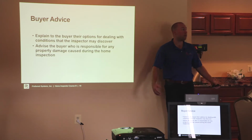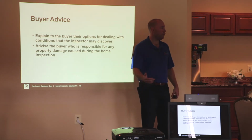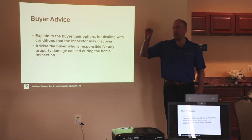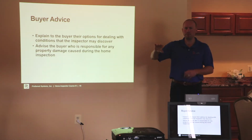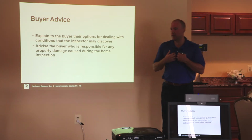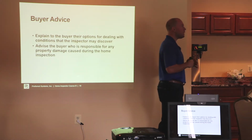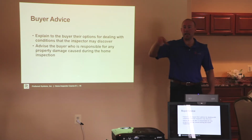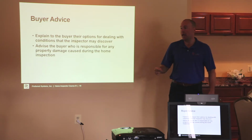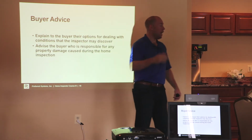Who is responsible for any property damage caused during the home inspection? If your buyers caused the damage, I think they are responsible for it. If the home inspector caused the damage, they are responsible for it. We were doing an inspection, and the guy brought one of his friends with him, and something had happened with the HVAC system at his house, maybe an evaporator coil problem or mold, that had made him sick. So he comes to his friend's home inspection, and he's in the utility room banging on the evaporator coil, like hitting it, and we're like,